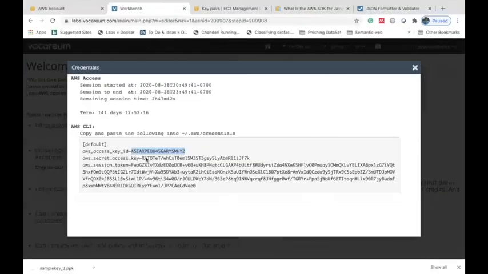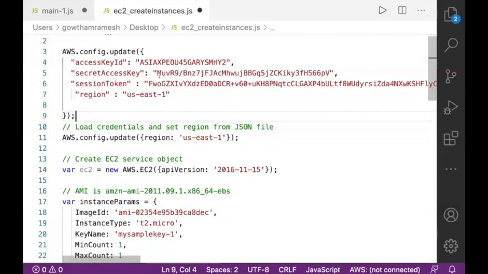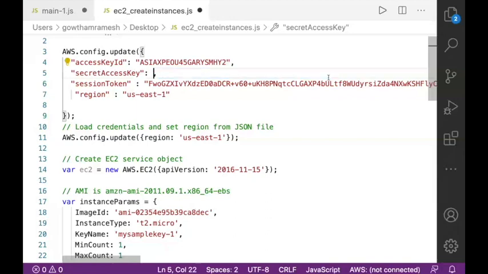Go back, copy the AWS secret access key, come back and give it over here.